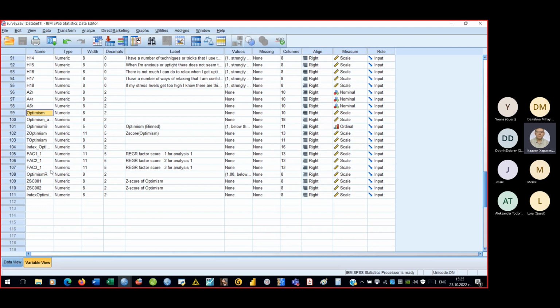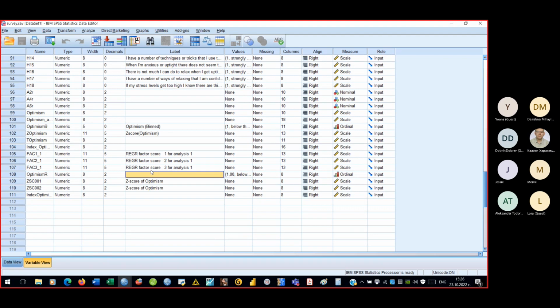And optimism R, this is a variable with three categories: below the norm, in the norm, and above the norm. This variable is ordinal. Here, it is not correct, and I will choose, we have here a drop-down menu, I will choose ordinal, and then we'll save the file, and then I'm ready for the